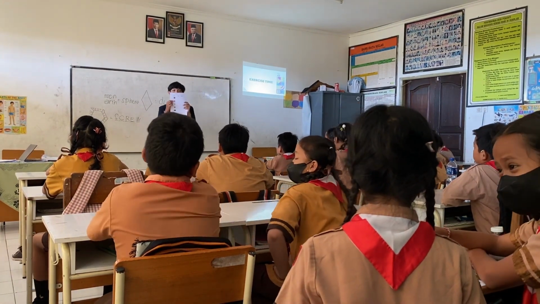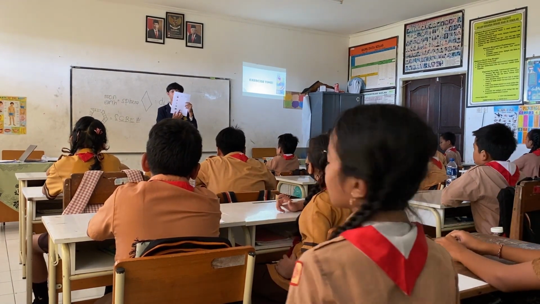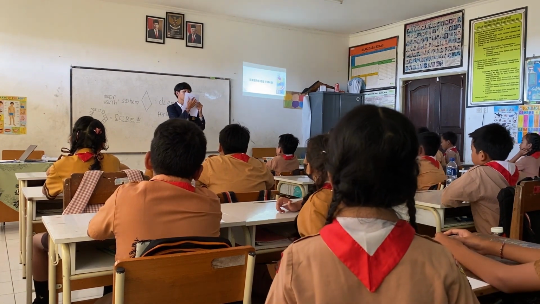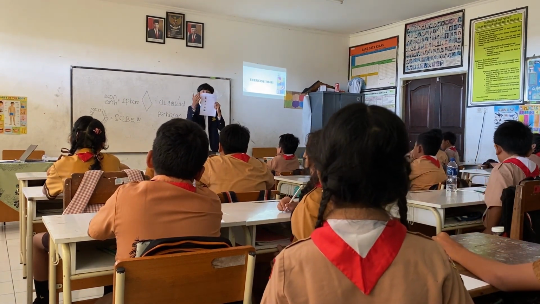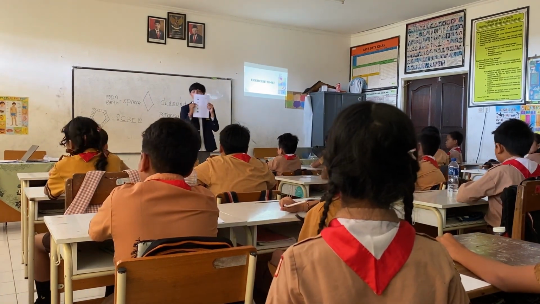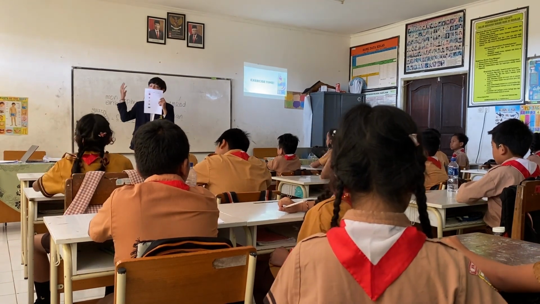Okay? So for this exercise, you have to name the shapes on the first row, and you have to give some examples of the objects that look like the shapes. Okay? Do you get it? Okay, so that's all of the instruction for now. You can work right now.